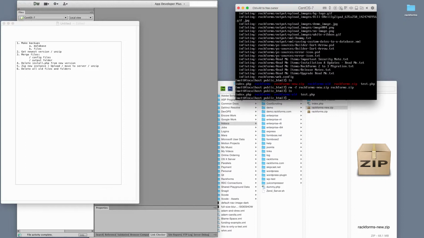So I would just rename RackForms to RackForms-new and RackForms-old to RackForms. And now we're running that previous version of RackForms. It's a nice escape hatch, again, if anything were to happen with the new version. Now after a week, 2 weeks, a month, as soon as you're comfortable that you don't need this old folder anymore, then we can just basically issue a delete and get rid of that